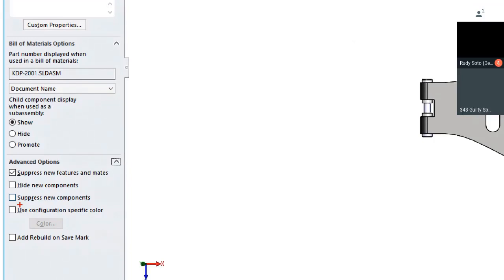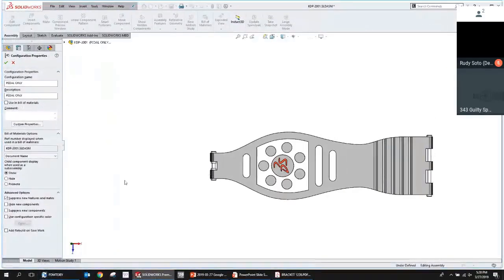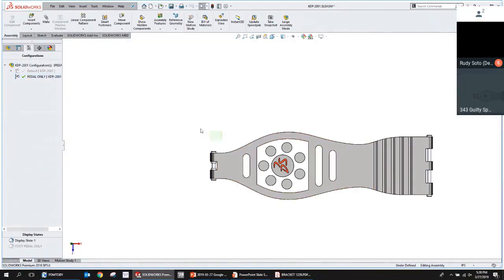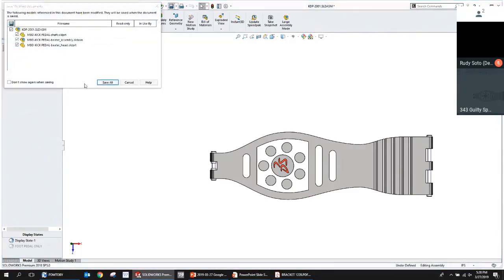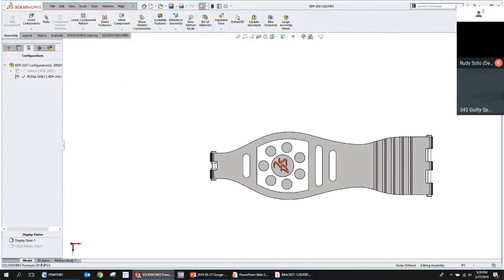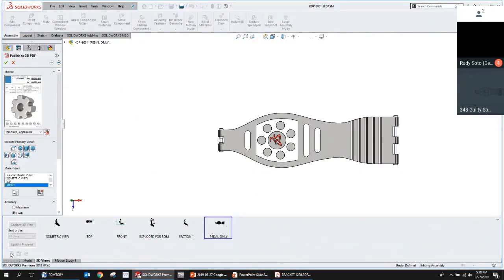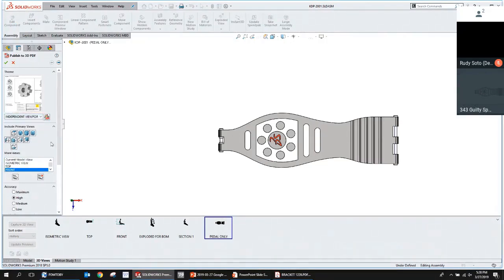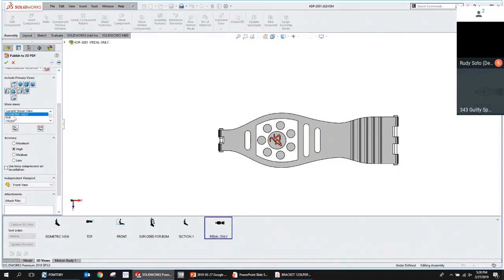Yeah, I think that in this case, my mistake was that the beater was part of a subassembly and I suppressed the individual components. And it got a little wonky when I did that. Let's try again. All right, so we got our different views here.